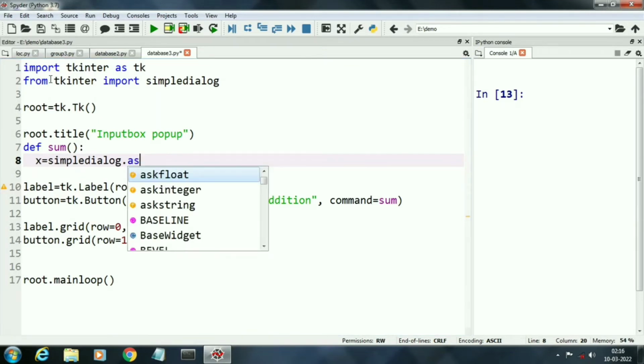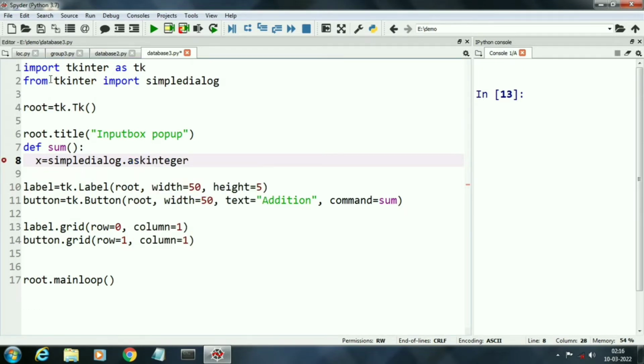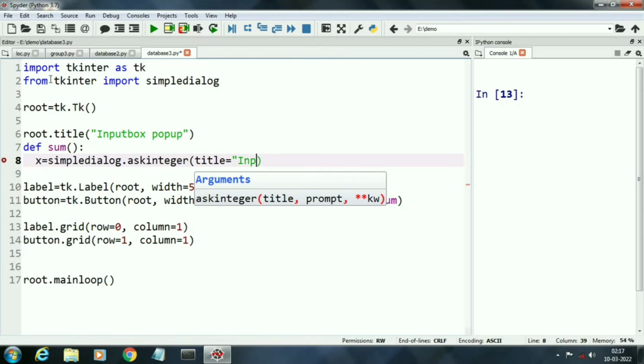To enter these two values, we will use function askInteger. That is the part of simple dialog class. So we will write simpledialog.askInteger, then parenthesis. In this parenthesis we will set the title of our pop-up window and then the prompt.